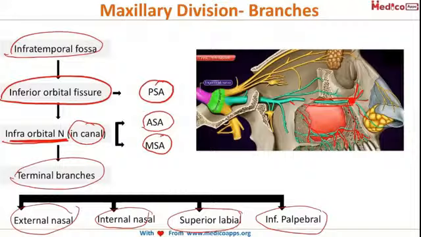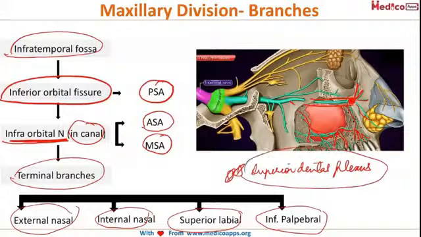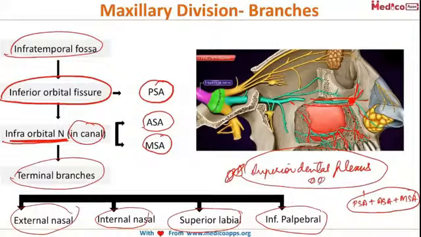Okay, so one thing you should remember is that there is something called as a superior dental plexus. Remember this. Superior dental plexus is a plexus of nerves that supplies the upper teeth. Okay, upper teeth and the mucosa associated with it. It is formed by posterior superior alveolar, anterior superior alveolar and middle superior alveolar nerves. Okay, so all of these together form a plexus, that is the superior dental plexus, and supply the upper teeth. Okay, so these three nerves together form the superior dental plexus. So this was about the